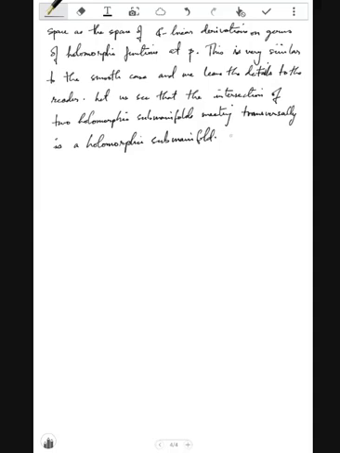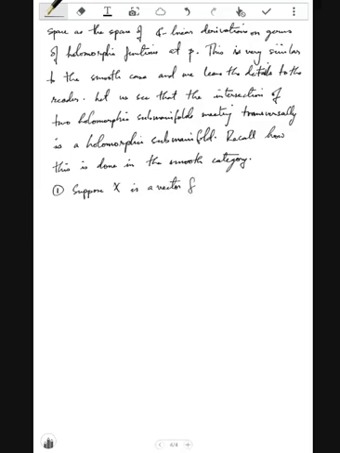So recall how this is done in the smooth category. Suppose X is a vector field on a smooth manifold M, and P is a point in M. There is a neighborhood V of P